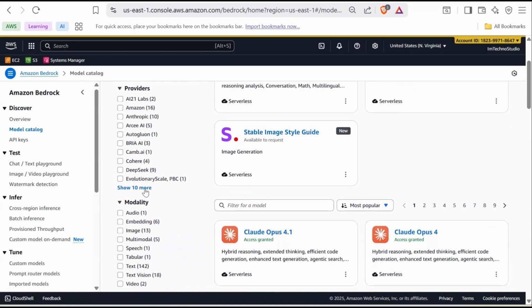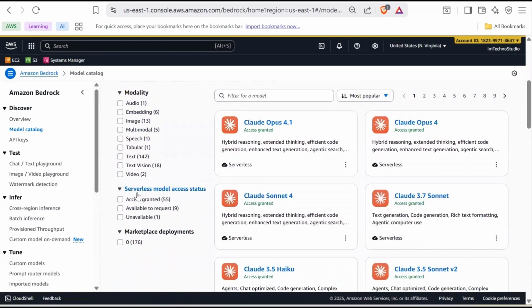You can also find serverless model access status, which tells you which models you can use immediately, which you can request, and which are completely unavailable. And marketplace deployments in Amazon Bedrock offer access to a wide range of models, but they require manual setup and management. They are ideal if you need more control or customization, but they aren't as fast or easy to use